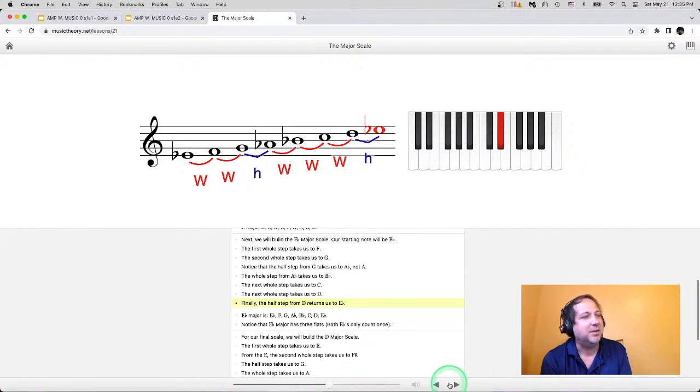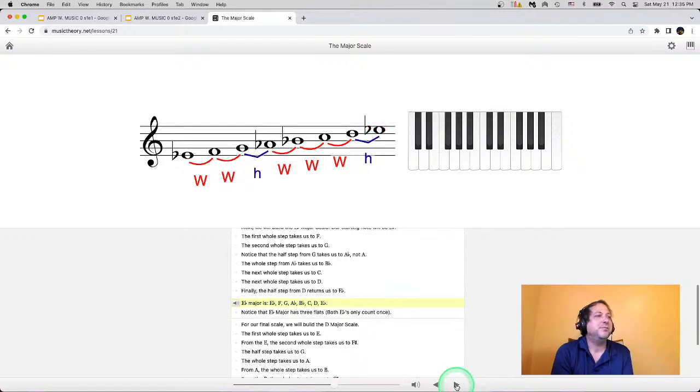And you can thank me now for learning it now, and then thank me again later when you see people writing A flat major chords with G sharps in them. I'm like, what's going on? Anyway, so